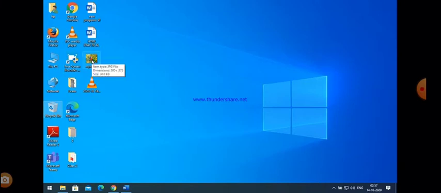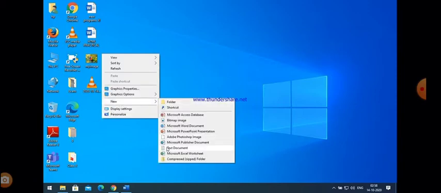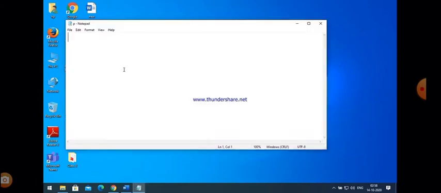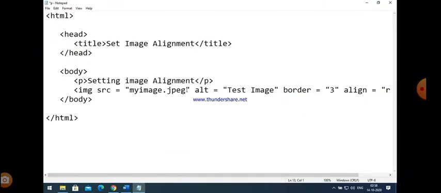Now, first of all, you can easily see that there is an image named my image, and I want to insert this image into my web page. The type of the image is JPG. I just put the cursor on that image, and that will give you a clear idea what type of image it is, and it is a JPG type. Then open a text file here and just write the code inside the text file. That is the code. Now you can easily see that I also put the coding on the desktop, so the image is also there.